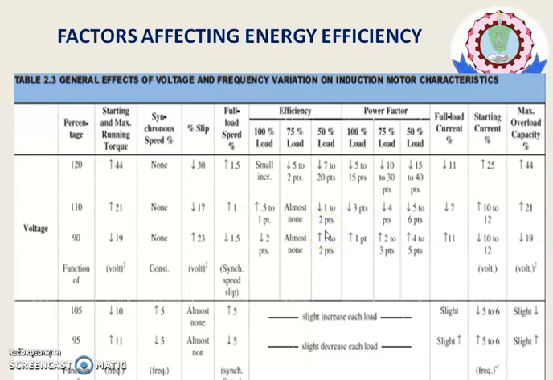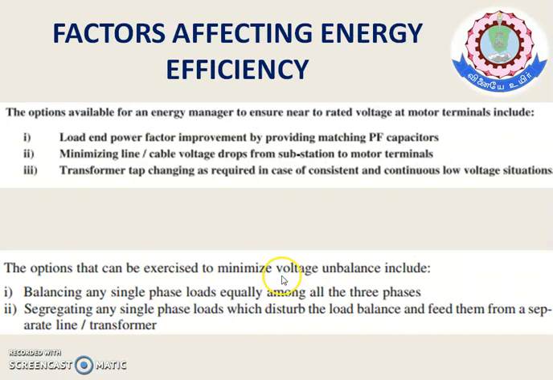That means suppose you want to operate a machine at the underloaded condition, you need to reduce the voltage so that you can increase the efficiency. Similarly, on the frequency effect, when you increase the frequency, there is a slight increase in efficiency at each load, and when you decrease the frequency, a slight decrease in each load. Efficiency decreases and increases with respect to the frequency variations. That is also another important fact, right?